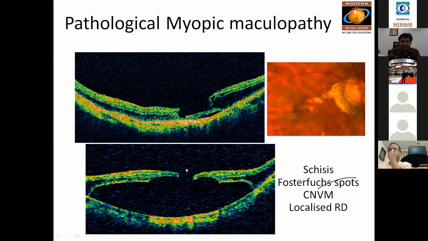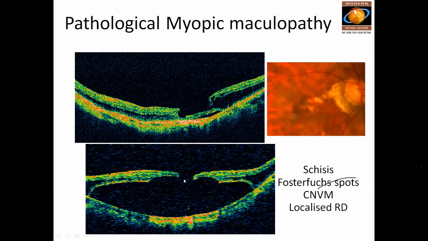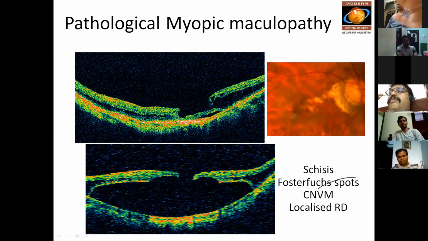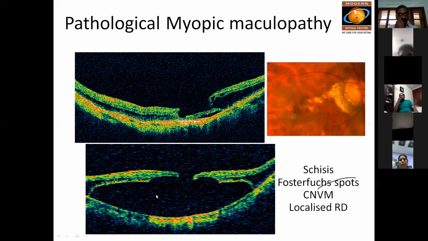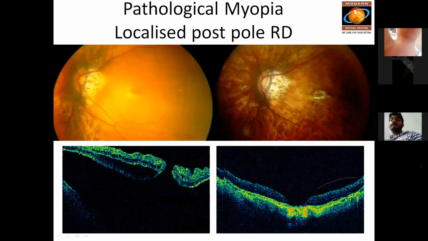They can develop a macular hole and fluids start accumulating in the center of the fovea. This is not a detachment which occurs because of a peripheral break, but a detachment which is happening because of a central macular hole. Fluid goes through it, accumulates in the subretinal space, and the retina starts detaching from the center. This is called a localized detachment. So how do you identify them clinically?